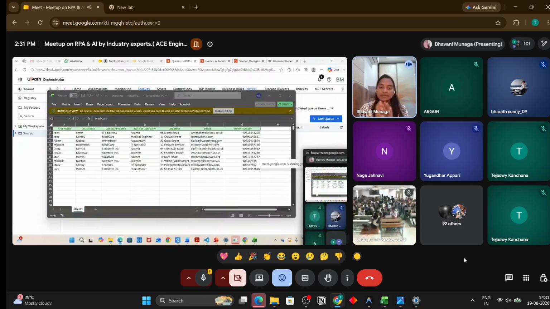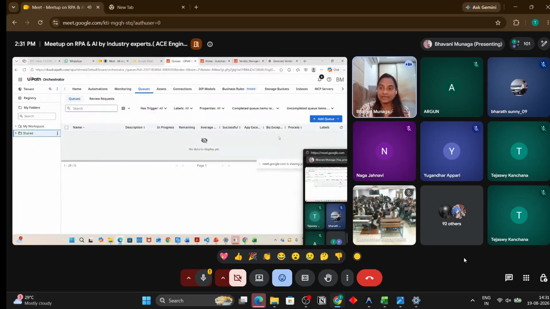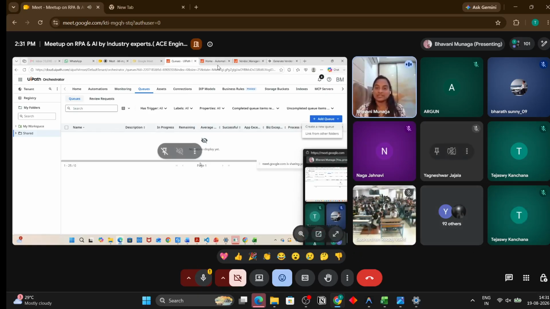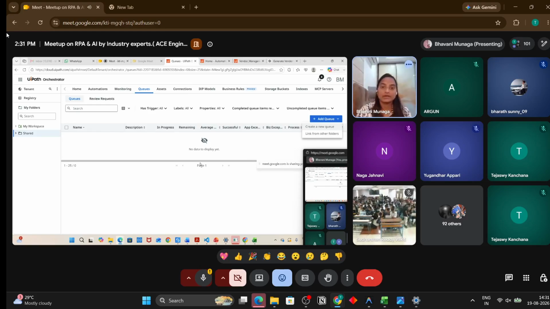So instead, what we can do is separate it into two models, dispatcher and performer. What the dispatcher bot will do is read all the Excel rows and upload them. We can add a queue here. It will upload the rows in the queue. Then the performer bot will take the row from the queue itself and process it. We can see the transaction, whether it is successful or a failure or whether it is a business exception. This is a major advantage of queues for dealing with a large amount of data.